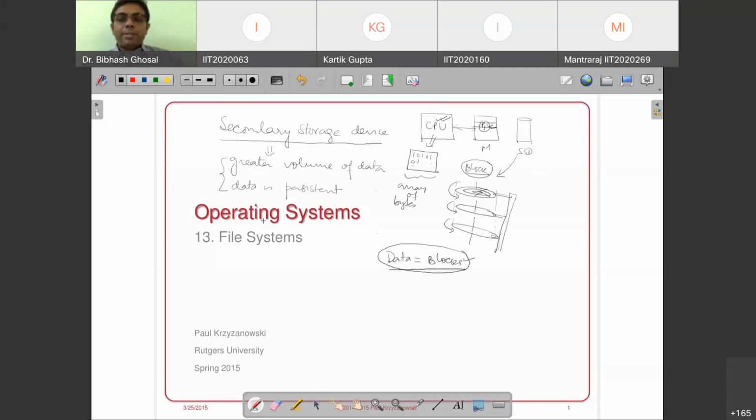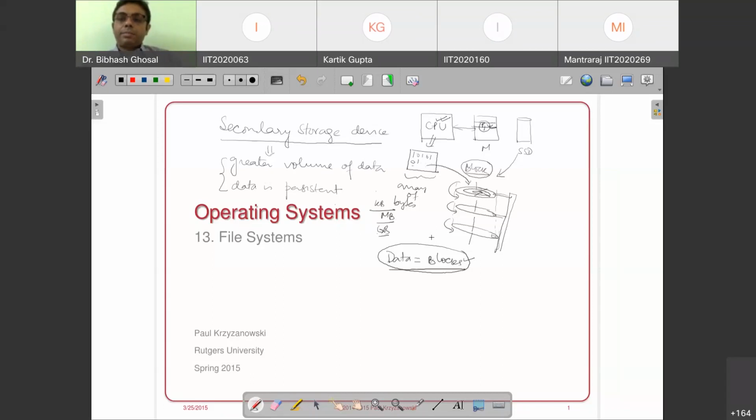But the question is, when you say these are the array of bytes, this array of bytes will have a finite size. Either it can be of size kilobytes or megabytes or gigabytes, whatever. When this thing is stored here, it will also occupy that amount of space in the magnetic disk. So let's say 1 MB of array of bytes here will require 1 MB of space